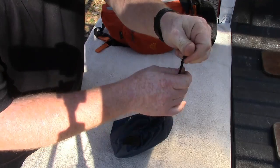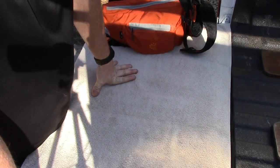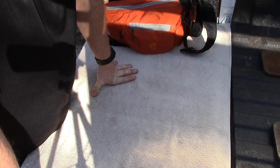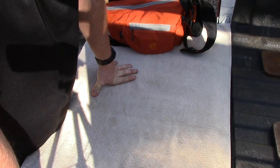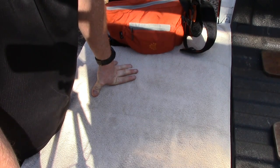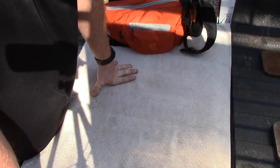But trying to go lighter in weight and actually reading up on all the details of the differences in filtration and purification, I found that in most of the places that I go, 99.99% of the time, the human element of contamination is taken out of it. So all I have to really worry about are the natural things found in nature and animals and such. And by that, most all virus issues are done away with in the water, because they are generally created by the human aspect of that. So the filtration system that I went to,